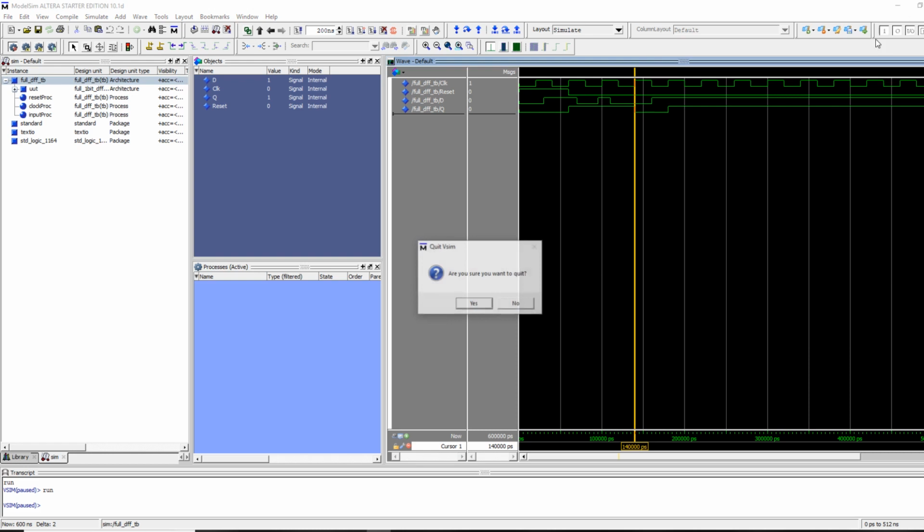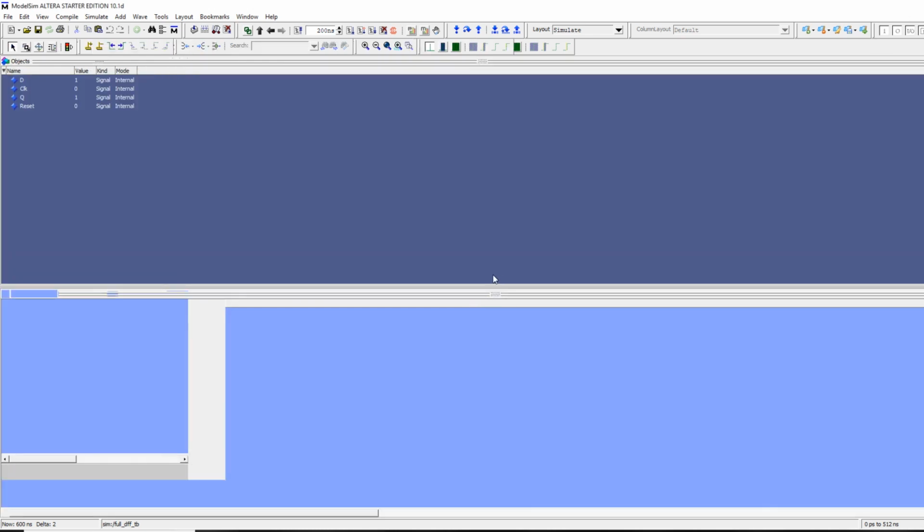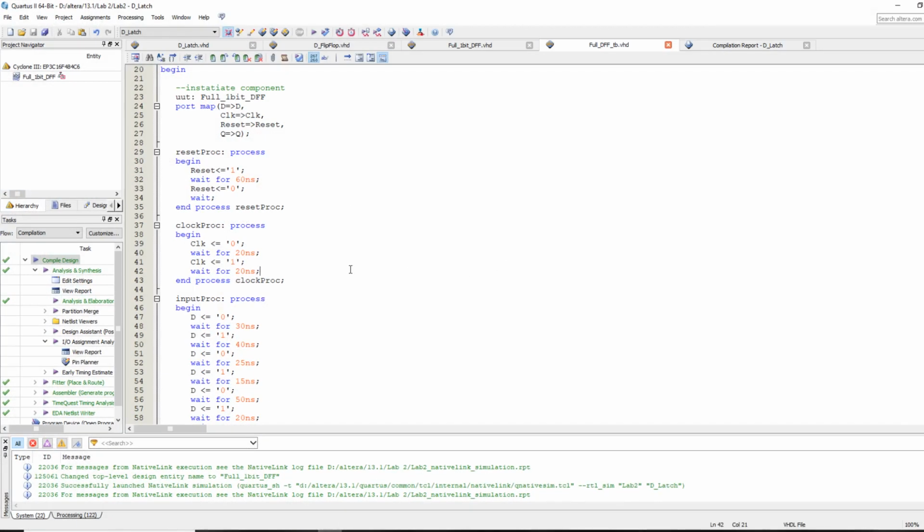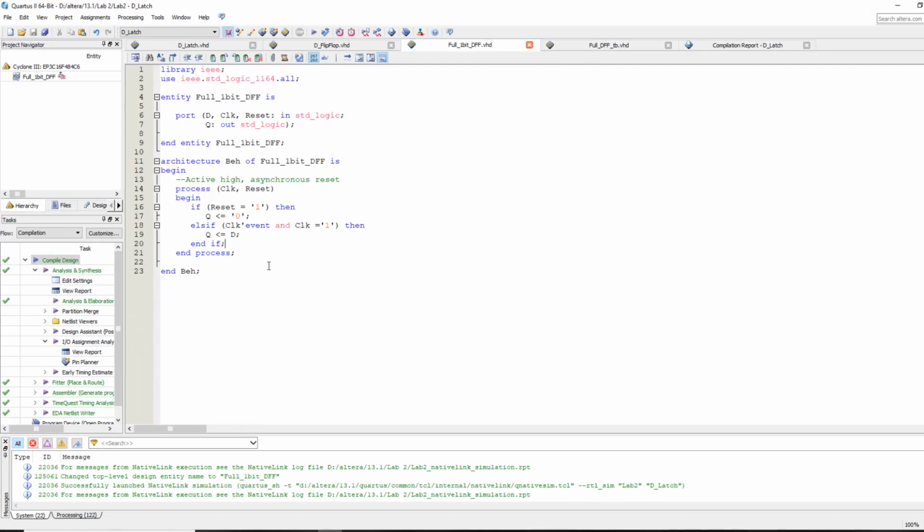Okay, going to close off ModelSim again, and now I'm going to modify the 1-bit D flip-flop to try something else. I'm going to use an active low reset, and I'm going to ensure that it is a synchronous reset. Now we stated that the asynchronous reset was independent of the clock, which is why it had its own if statement by itself. A synchronous reset now, and I'm removing all those statements here, looks something like this. Because it is being governed by the clock,